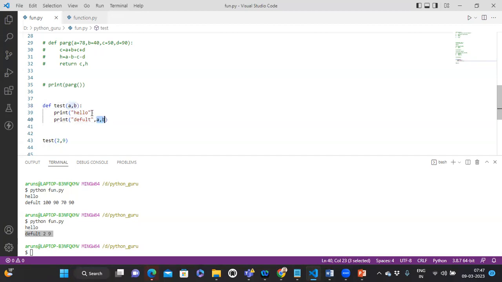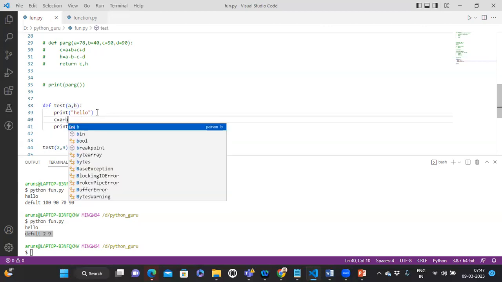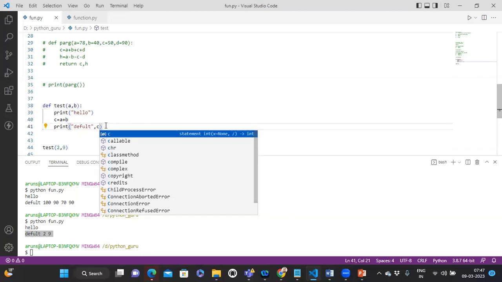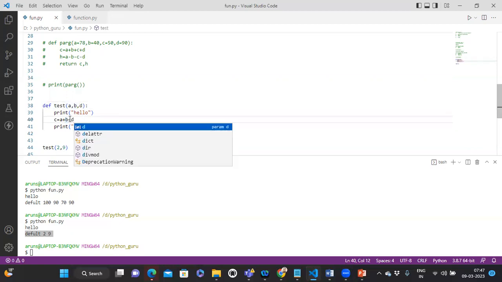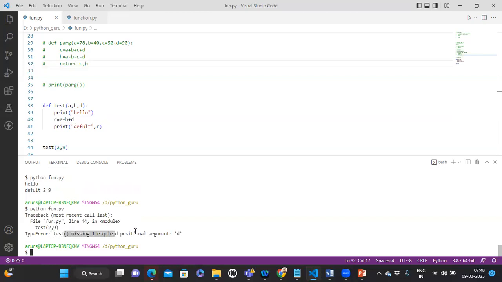हो गया वेरिएबल को हम प्रिंट कर रहे हो यहाँ पे। सपोज मैं सम करूंगा, सी इक्वल टू ए प्लस बी। ये है मेरा लॉजिक, इसको यहाँ पे प्रिंट कर दूंगा सी। अभी क्या समझे, यहाँ पे टू पैरामीटर मीन्स टू वैल्यू। सपोज यहाँ पे मैं थ्री पैरामीटर ले लूंगा, डी ले लेता हूँ क्योंकि सी यहाँ पे लिया हूँ, वेरिएबल यहाँ पे प्लस करता हूँ डी। मैं अभी टू पास किया हूँ लेकिन थ्री पैरामीटर है, अभी क्या एरर आएगा। देखो ये एरर आ रहा है, वन इज रिक्वायर्ड।